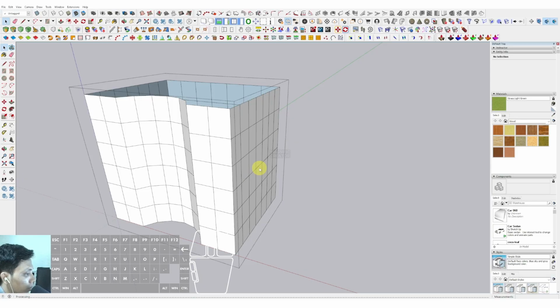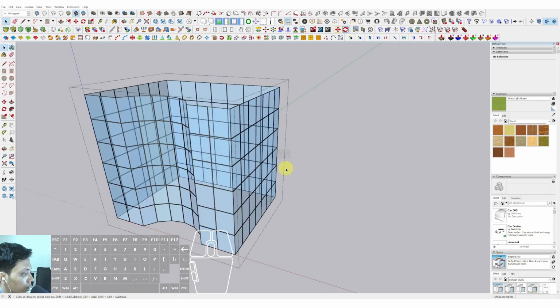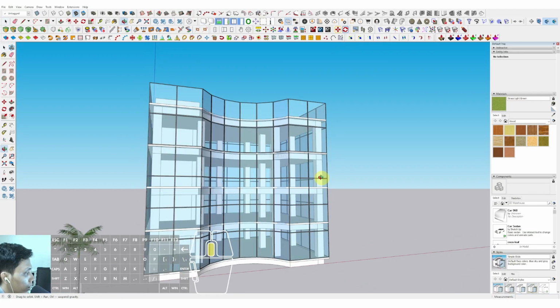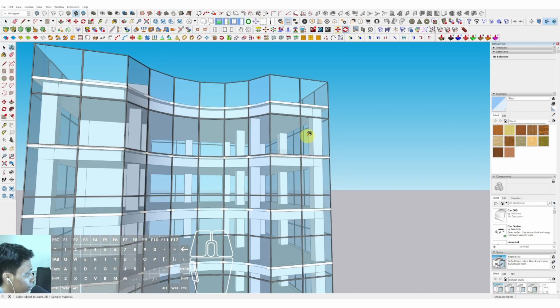Then we can just wait for the calculation, because it needs to process and analyze our request to make the frame and also the surfaces of this case. Anyway, so this is the result. Then this is the default glass